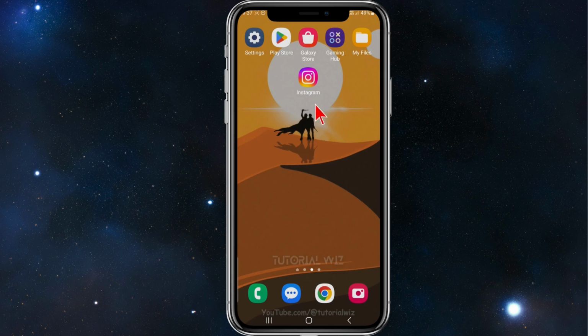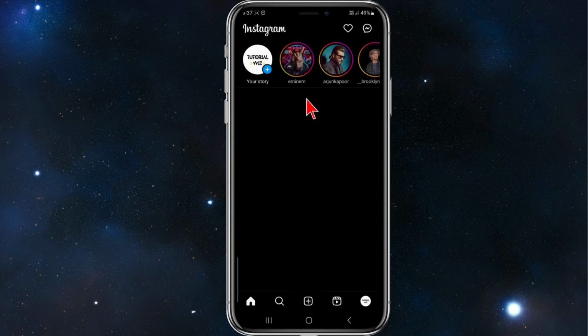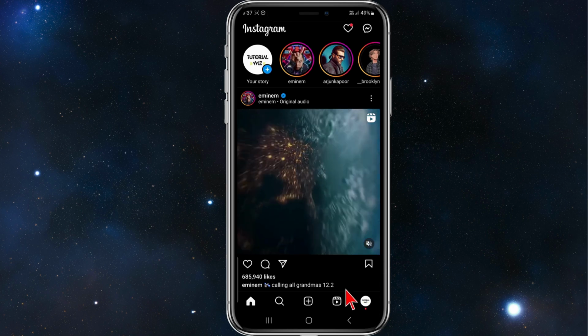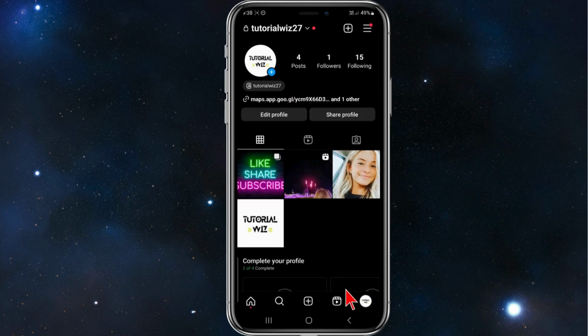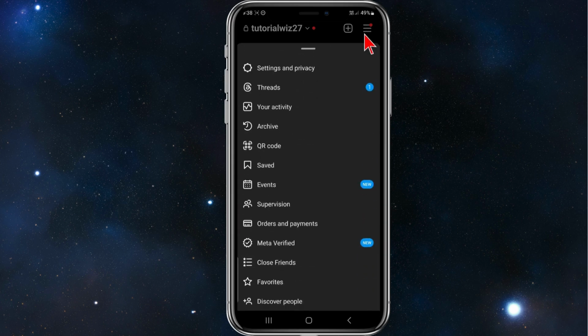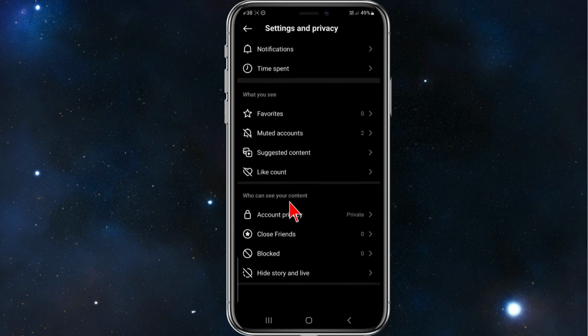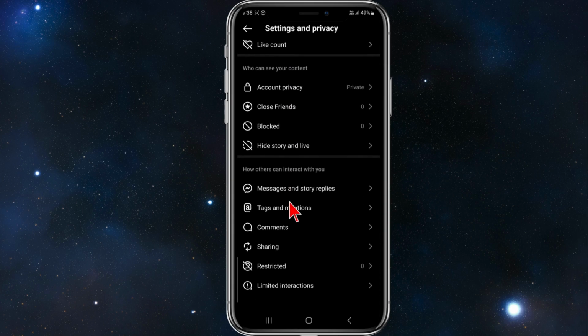So first, open up your Instagram app, click into your profile, should be your bottom right hand of your screen. Click on the three bars, top right hand corner of your screen, and then on this page here, click onto settings and privacy, and then scroll down until you see messages and story replies. So click into that,